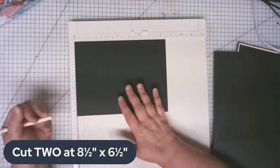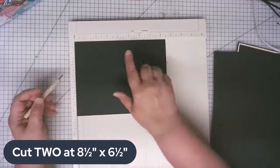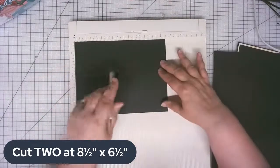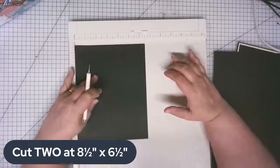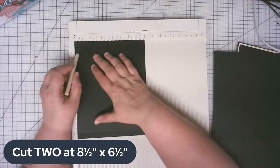So what we're going to do is we're going to score on the 8.5 inch side. So that's 8.5 inches at the top. We're going to score at 1/2 inch, and we're going to score at 8 inches. Turn it around 90 degrees. So we're scoring on the 6.5 inch side